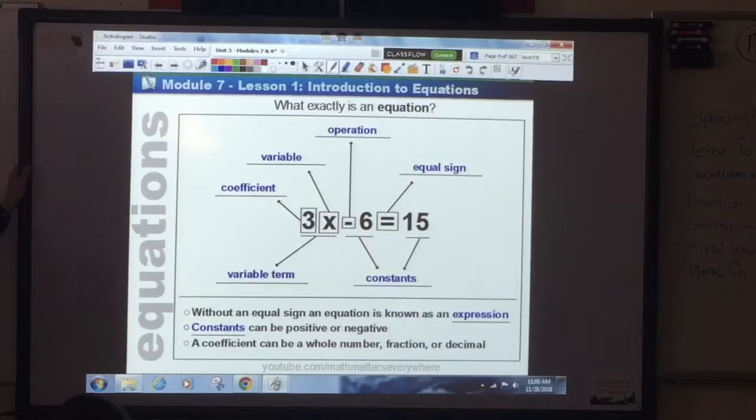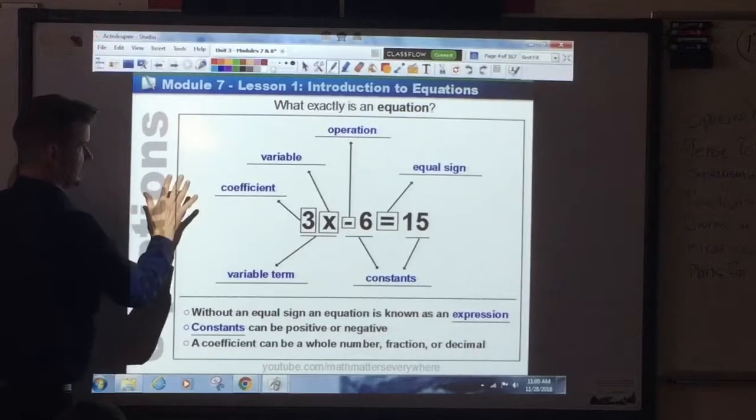As we go through these lessons for the rest of the year, I'm going to use that vocab. I'm going to say, what is this? What is that? You're going to say, that's the variable term. That's the coefficient. That's the constant. I'm going to say that, and I expect you to say it the same way. If you learn this vocab now, you're setting yourself up for success for the rest of the way. Okay. Now that we know what an equation